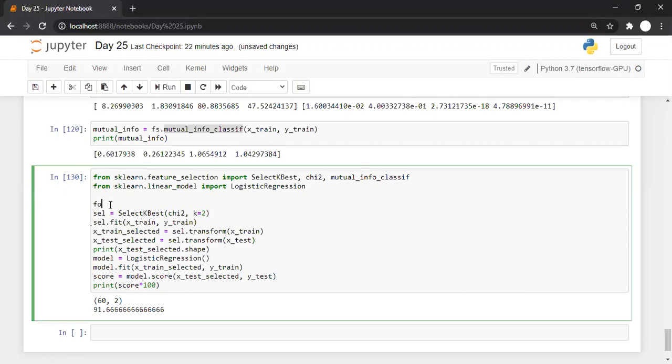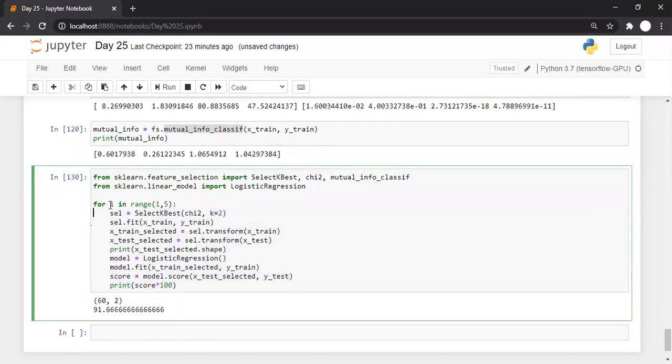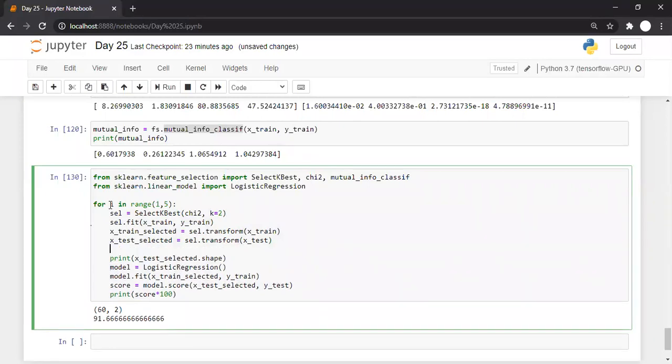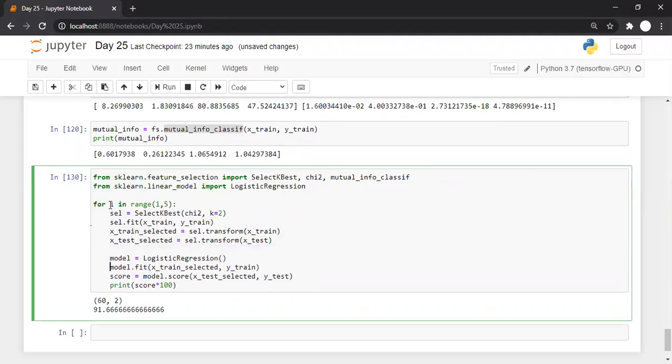But again, as we know, we can put it in a loop for creating the combination. So I can write for i in range, let us say 1 to 5. That is, it will start from 1 to 4. So here it's selected. There is no need to print the shape in this case. Model score.